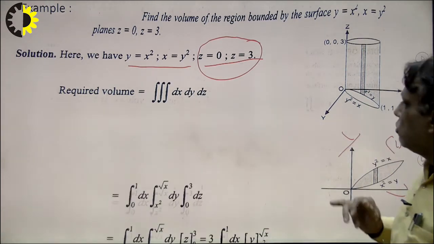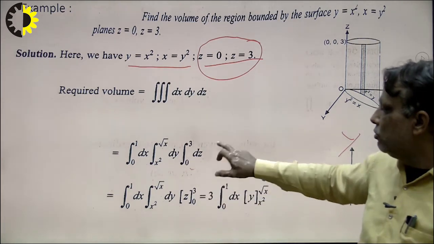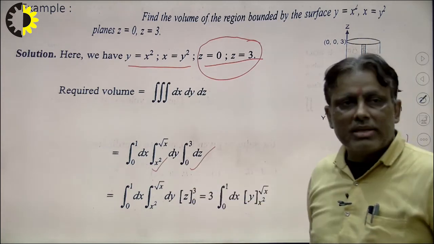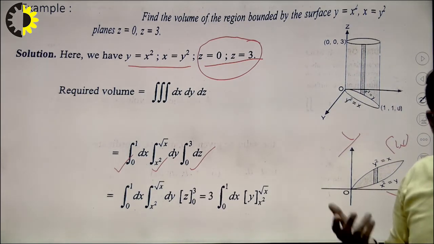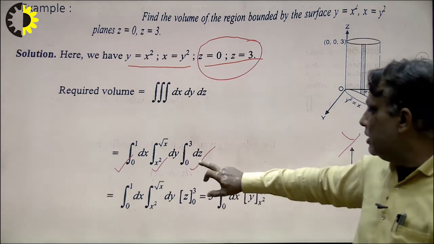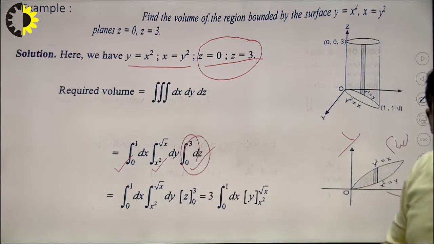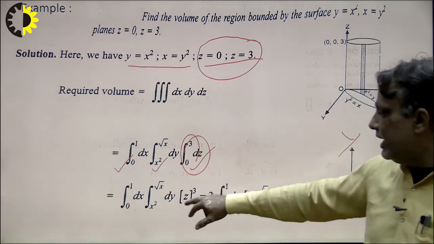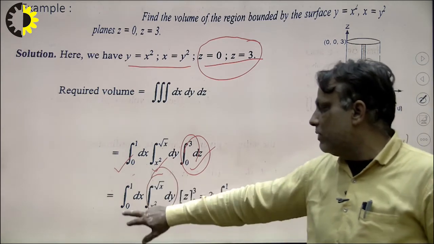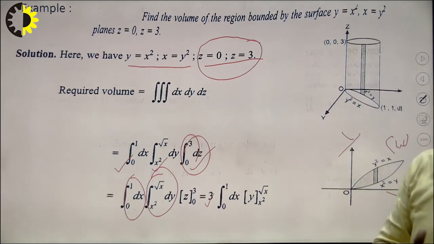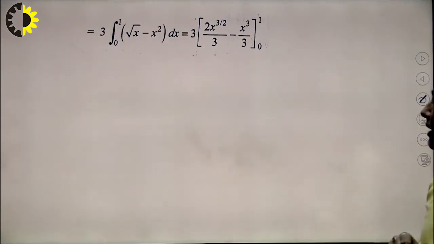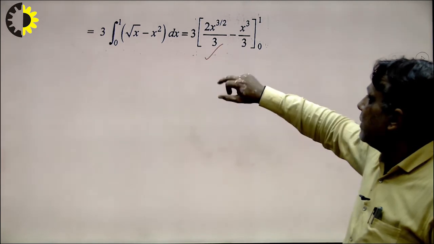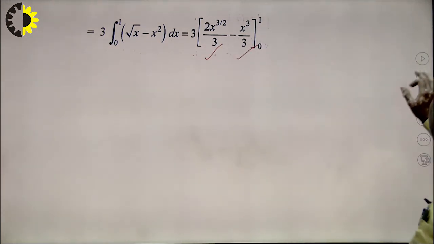In this way, how to solve this problem? The limit of z is 0 to 3, the limit of y is x square to under root x, and the limit of x is 0 to 1. Suppose we solve all together, so what will be the conclusion here? The integration of dz is z, and that is 3, I write here. The integration of dy is y, upper limit minus lower limit, and this is 1. So in this case we can solve the 3 integrations together, not simultaneously. In this way we can find the limits here. So what will be the conclusion we see here? The conclusion is that this is the upper limit, and solve the lower limit. What will be the conclusion we see here?